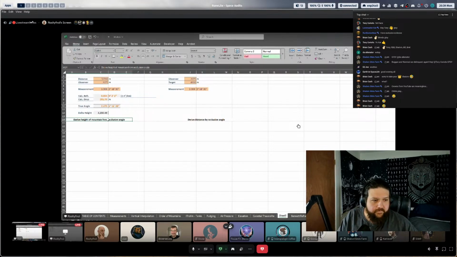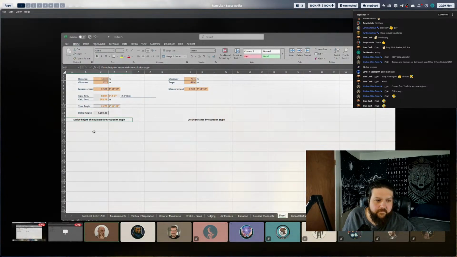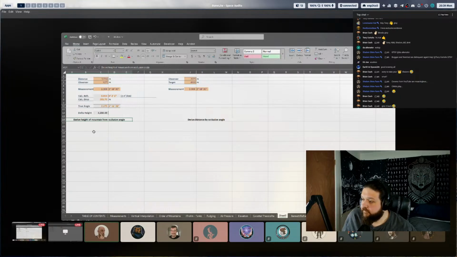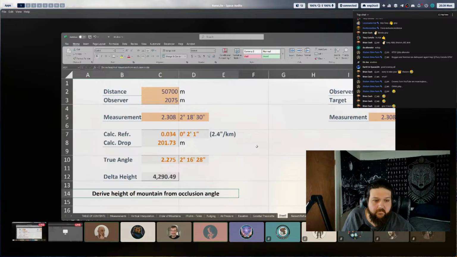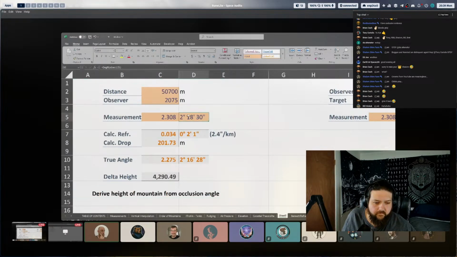Yep, cool. So this is me deriving the height of the mountain purely from its distance, observer height, and the star occlusion. All right, and guess what I get? Like 8 meters off. Maybe you could zoom in and put more of that on the screen. There's a lot of white here we're looking at. I'd rather see the figures. There you go. All right, so this is the actual occlusion angle according to Stellarium. And I reverse engineer those inputs.